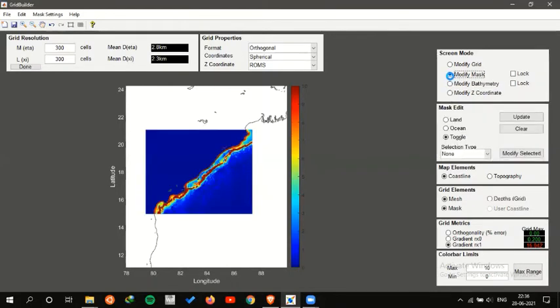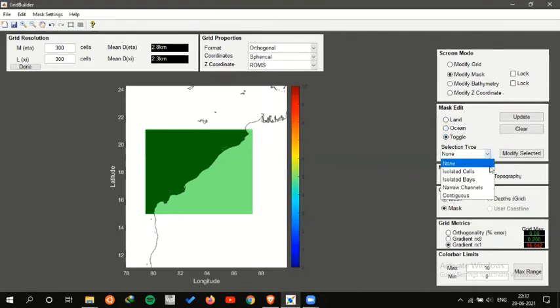And then you can also play with these parameters if you want to see only the land region, land masking, or if you want to see the ocean masking or any other kind of masking, or you can just toggle over to any other specific region. You can also see where narrow channels are present or not. If you want, you can remove these individually by placing the cursor over them and modifying the mask. Do it any way you like.